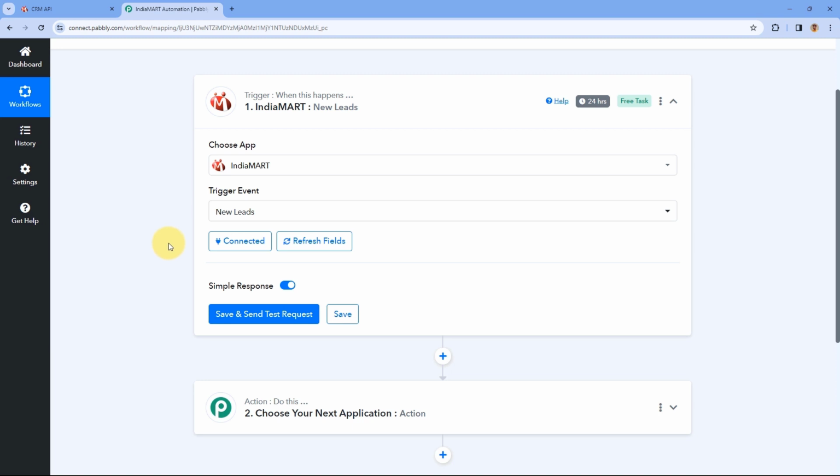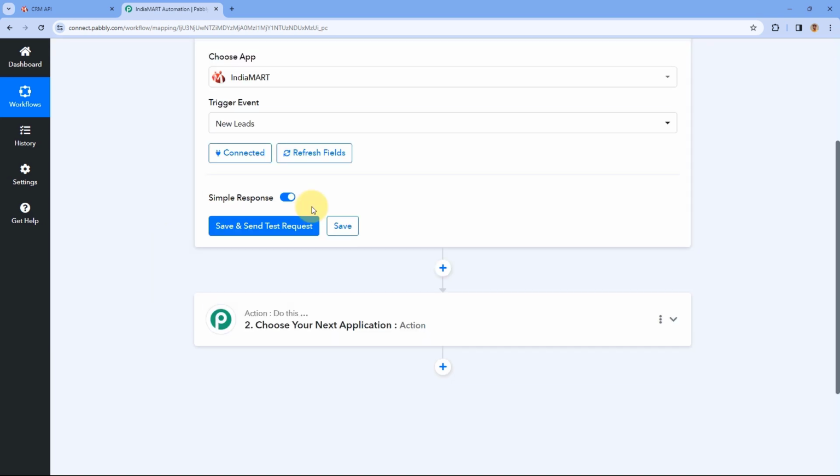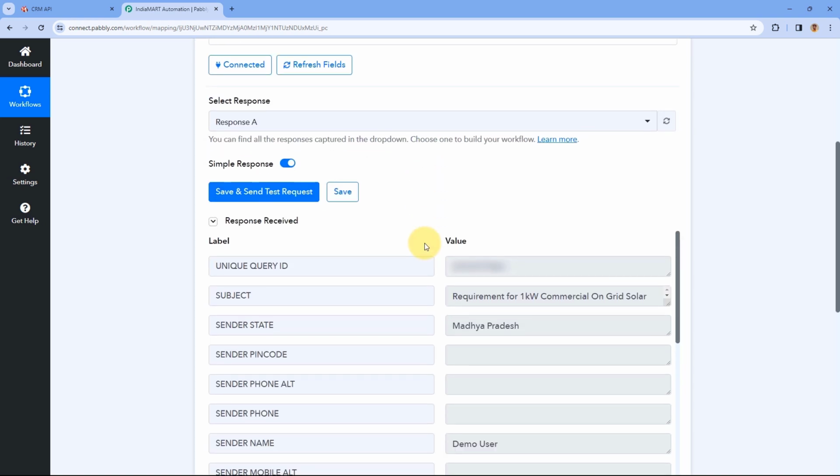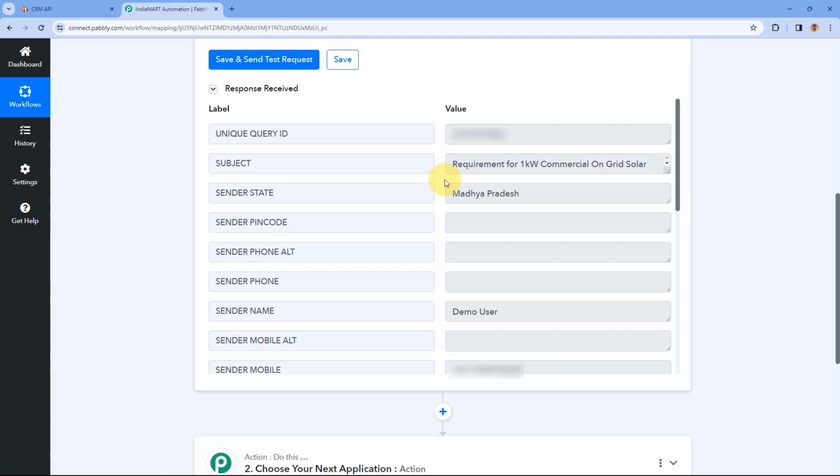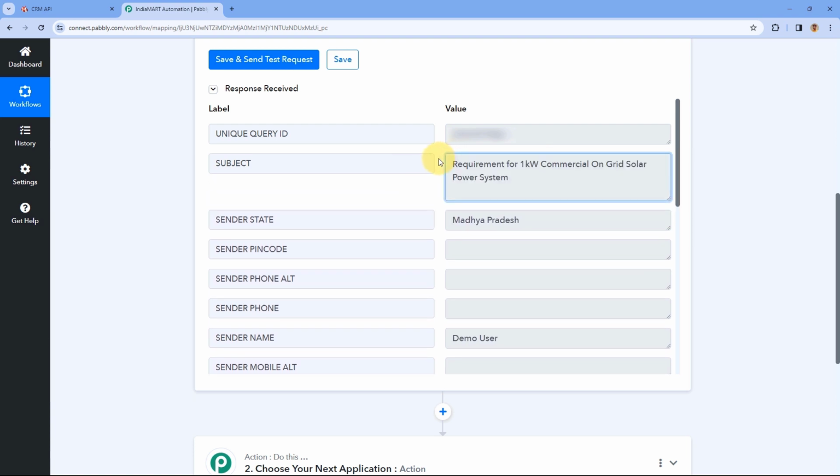Now here, before clicking on save and send test request, please note that Pabbly Connect will only capture the latest lead received in our IndiaMART account. So now I'm going to click on save and send test request. Now here you can see we have successfully received a response, and here we have received the subject, which is this. We have received unique query ID, sender's state, moving forward,